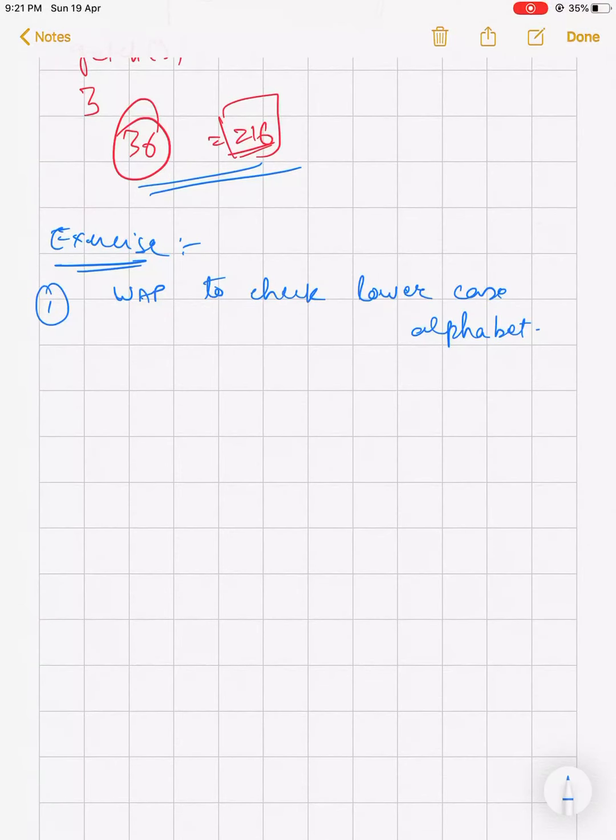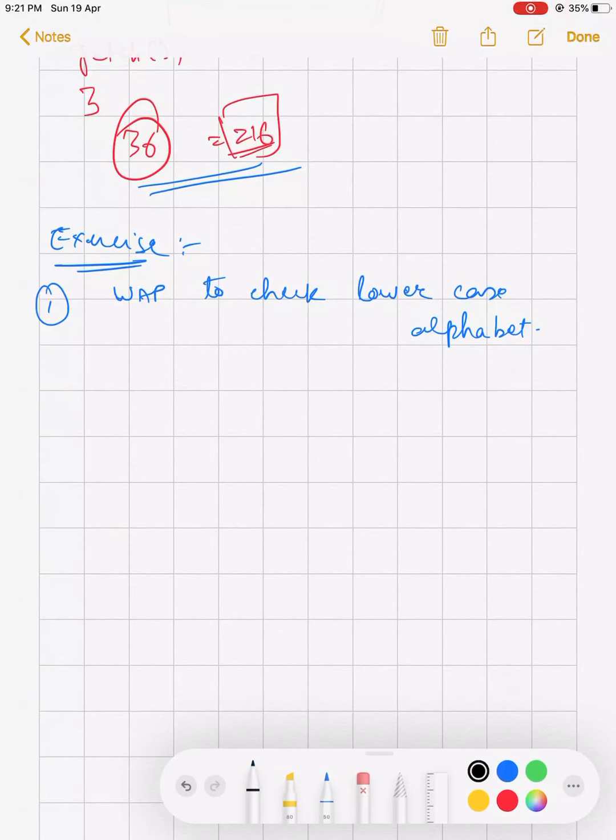See, they have mentioned lowercase, but I will solve for both the upper and the lower. So you can easily take the help of what we were using in the simple program, isupper and islower, remember? So here also I will define macros named ISUPPER and ISLOWER. How? Just pay attention. So I will write the program.